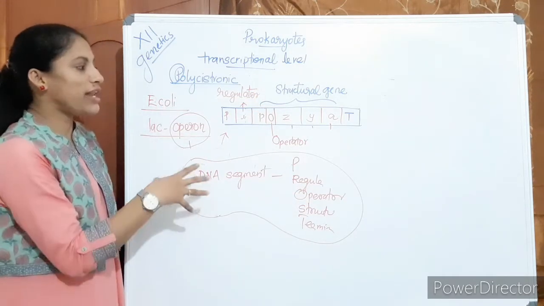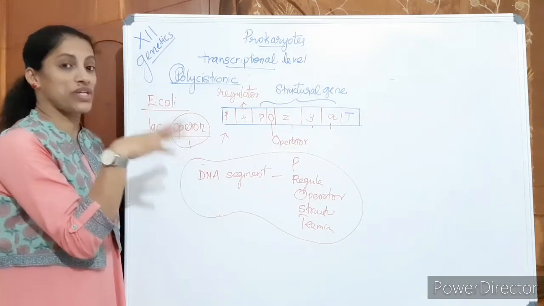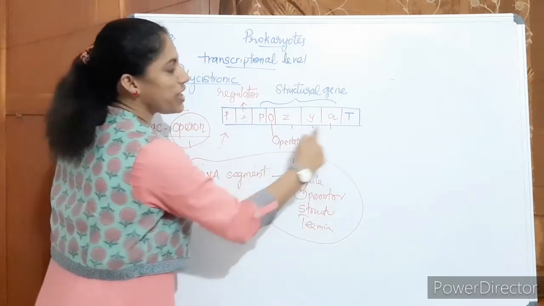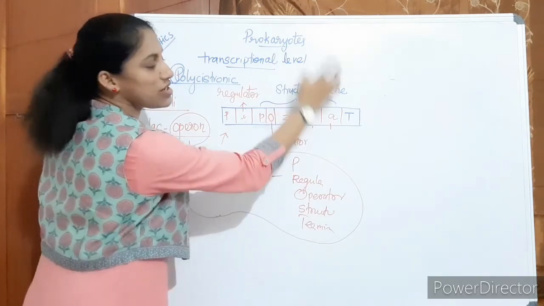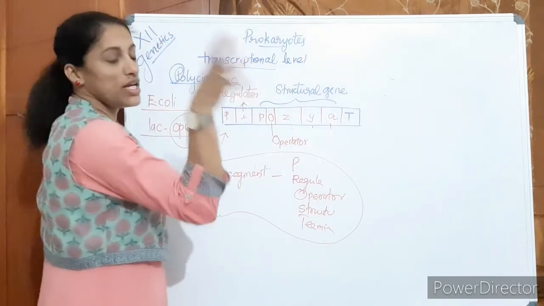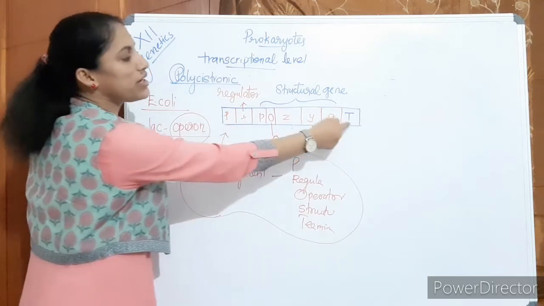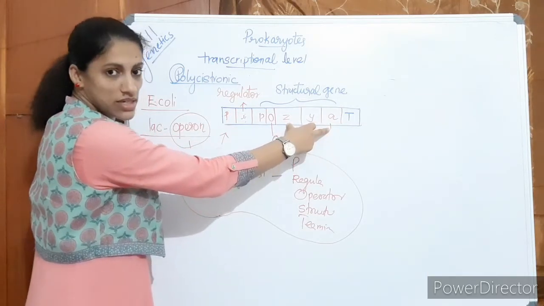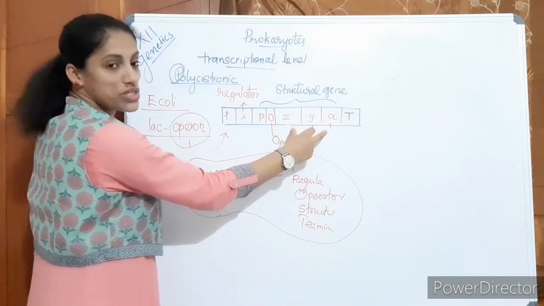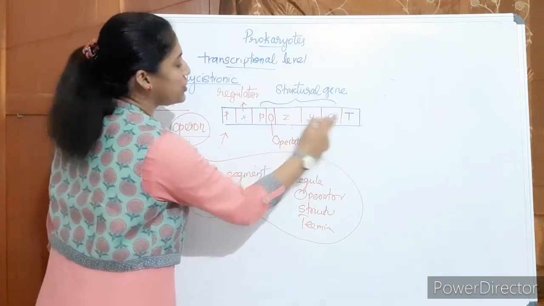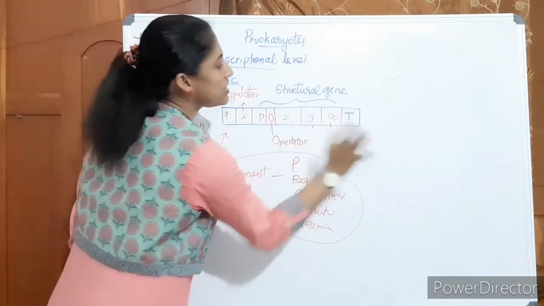Then with the help of this lac operon example, you are going to study gene expression in detail. Which are the genes to be expressed in this operon? Z, Y, A are the structural genes to be expressed. Since it is polycistronic, there is a common promoter and terminator for these three structural genes. That is the concept of a polycistronic unit. The Z, Y and A genes are controlled by a common segment. So this is the terminator.